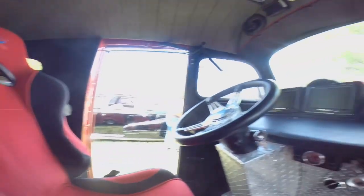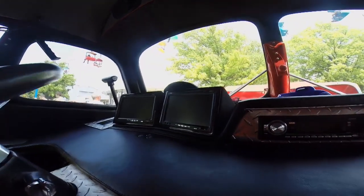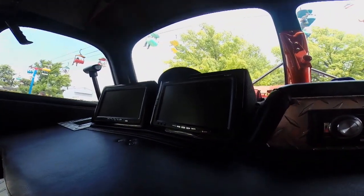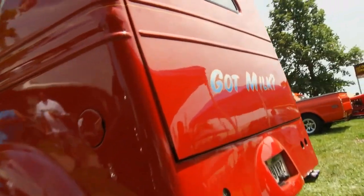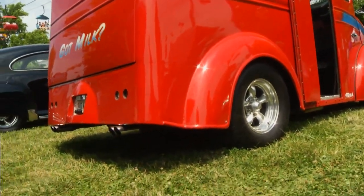The seats we just bought at a swap meet. The milk cans actually were given to me too from a friend. I have a farmer and he gave me the milk cans, and they were stainless steel, so we just polished them up a little bit and stuck them in there. Worked out real well. Constantly we hear, hey, you got a blizzard or a cone or something,